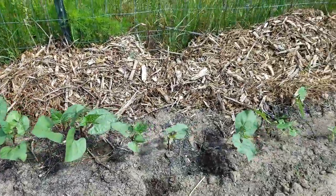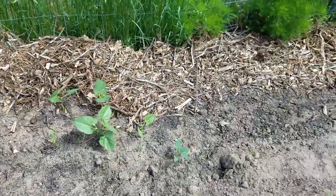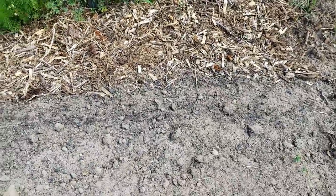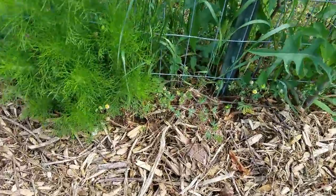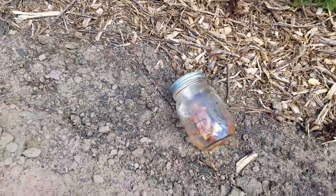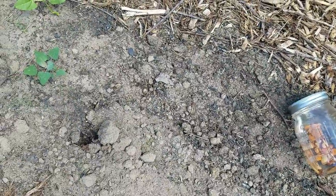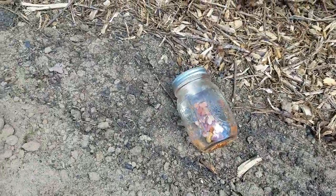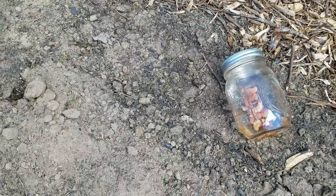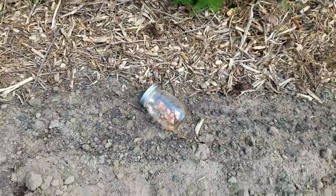Now, one of the things that I noticed watching my beans come up here is that the beans on this end never came up. And I don't know why. So, what I have done is I brought those outside. I'm getting ready to put those in this place where these beans did not come up. These are my purple potted pole beans right here that I'm going to plant here. And I'll get those in the ground here shortly. So let me take y'all, oh, and by the way,